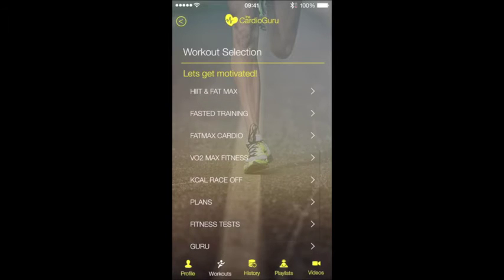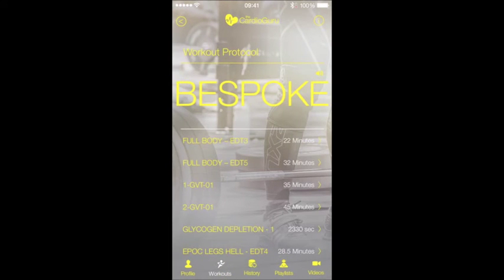And then plans is a section that will be finalised by Tuesday of next week, and we'll be giving you an updated email on that. Fitness tests, they are active. That's to give you a fitness test, and again, we'll be sending out emails and videos of how to best use that. Custom workouts, just briefly, is where we also have hypertrophy weight training exercises and routines. And these, again, will be putting through a series of emails of how to get the best from these, and these are being extensively updated next week. Press the back button,